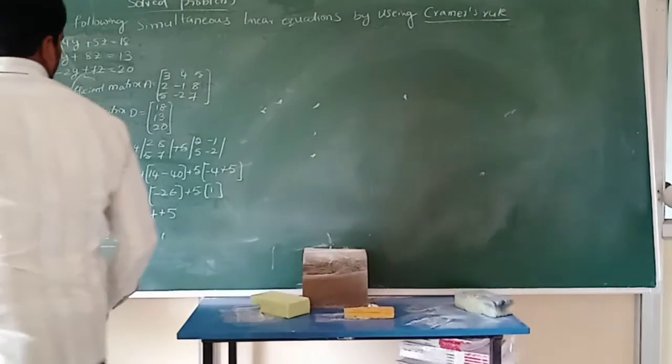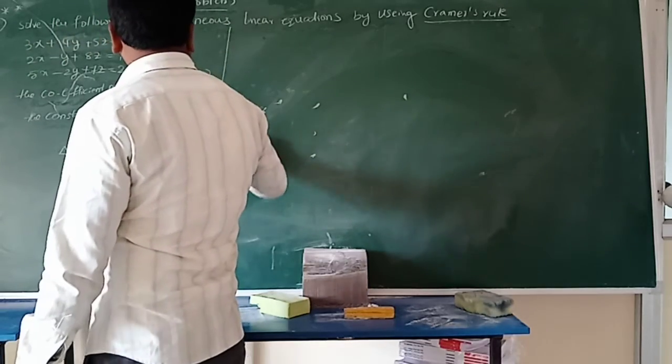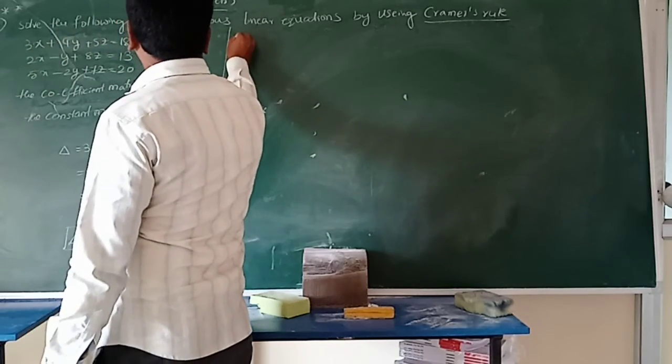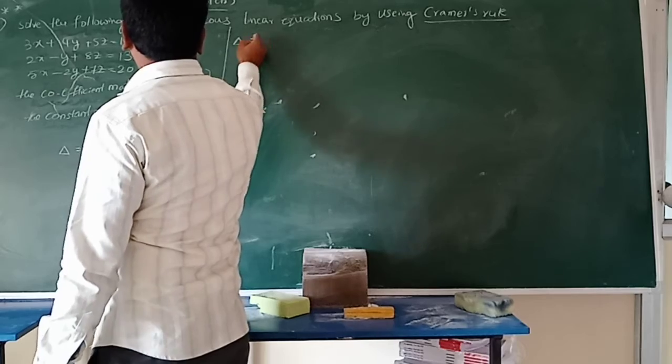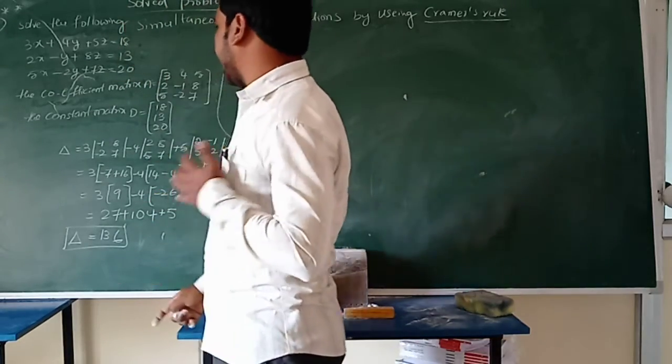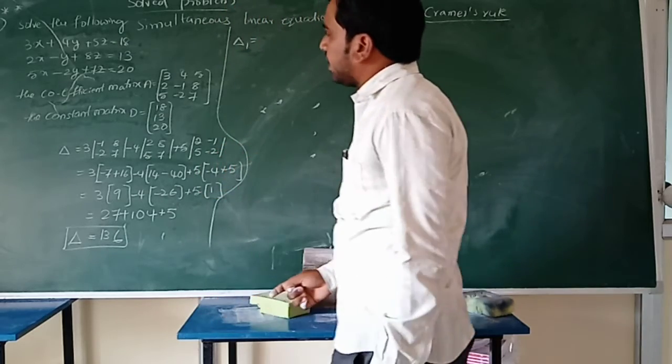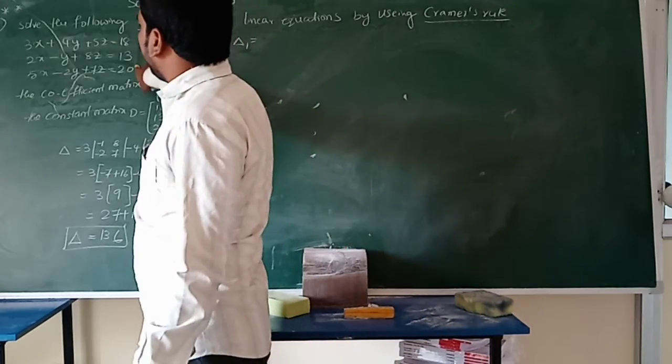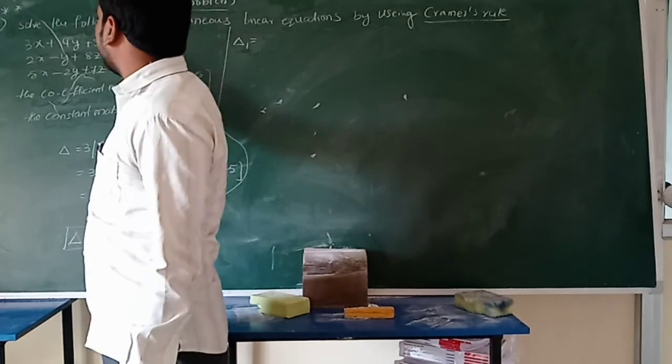Now next one, the delta 1, determinant of delta 1. Okay students, the delta means the determinant of the coefficient matrix. Now the delta 1 means replacing the first column with the D matrix. That is,